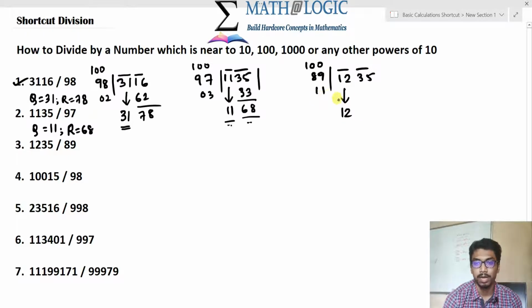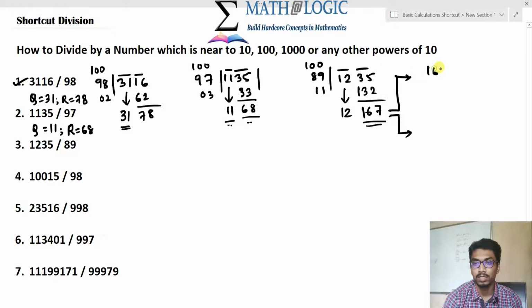Now 12 multiplied by 11 is 132. Clear? So when you add this part, this is 7, this is 6, this is 1. So 167 is greater than the divisor, which cannot be the case. So that means this is further continued with this step, or you can subtract the two steps. Either one of the step you can do.